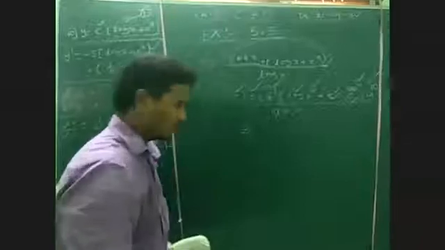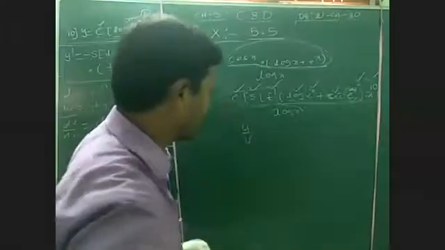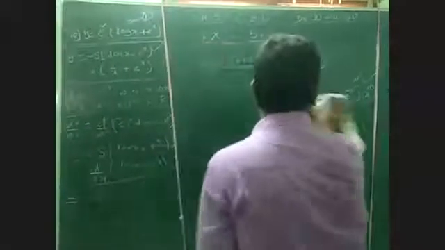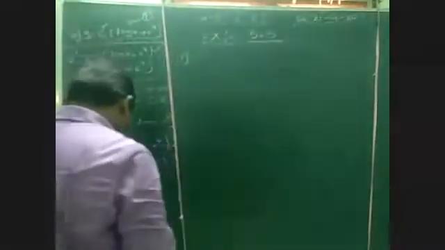They will give a maximum of two functions in the numerator, like e power x log x. Always use the quotient formula, u by v. And what is the first question here? The first question is,